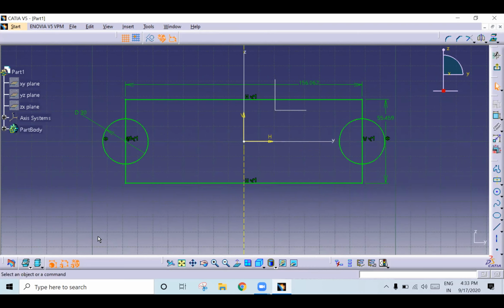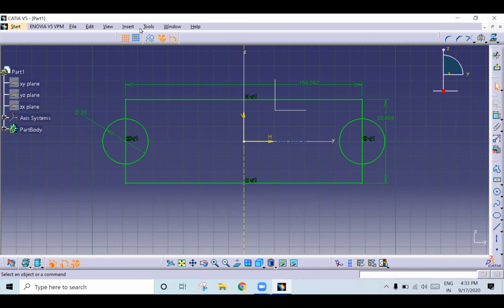See here. Don't delete all these things because a relation has been created between them. If you delete this, the constraints will not remain. Don't delete anything blindly. All of you got it?